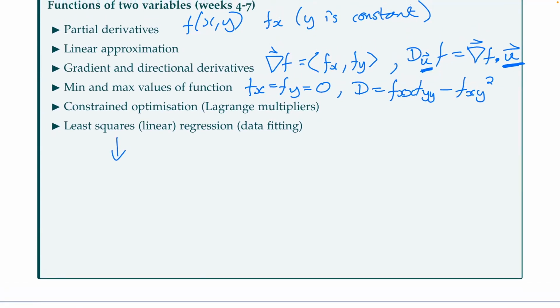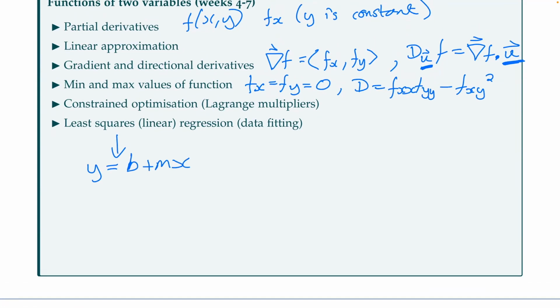Okay. So remember, for least squares linear regression, we have an equation. If you want to fit a straight line to a set of data, y equals b plus mx, that's our line of best fit. How do we work out this b and this m? It turns out that this is essentially just finding critical values. You don't have to worry about how you get to that process. All you guys need to know is if you have some data points, so some x's and y's, like x1, y1, x2, y2, and so on,